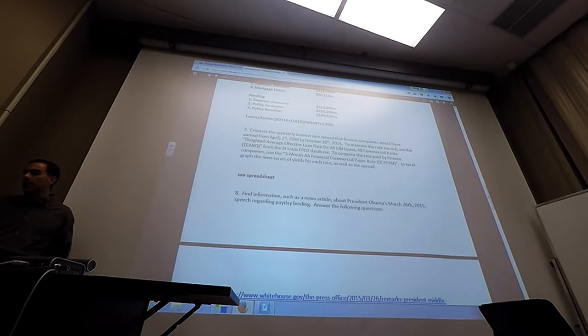So it's basically get the rate that they earn on their loans and then take the rate that they pay. And the closest we could estimate to the rate they pay, the way they get money, would be issuing commercial paper. They've got to issue debt to raise funds somehow. So if you take the difference between those two rates, you get this spread that they earn. And you can see that on the solutions there, and that's what they're earning. And that's how they make their money. So number 7 is really just getting an idea of what they do to make their money and what those spreads have been historically.